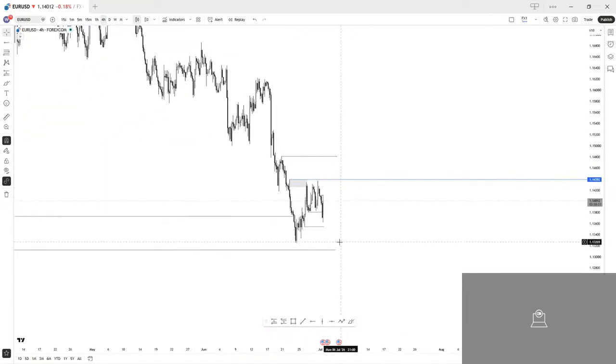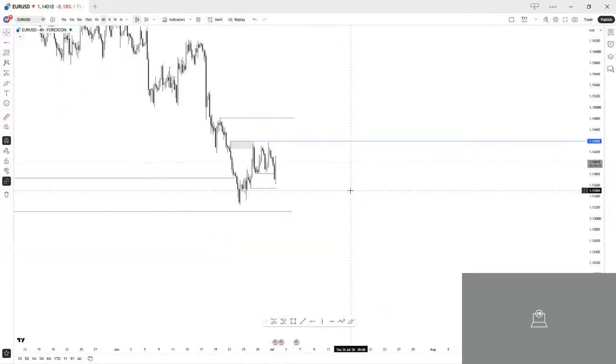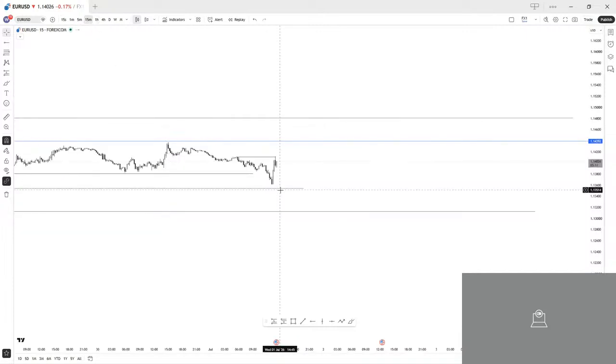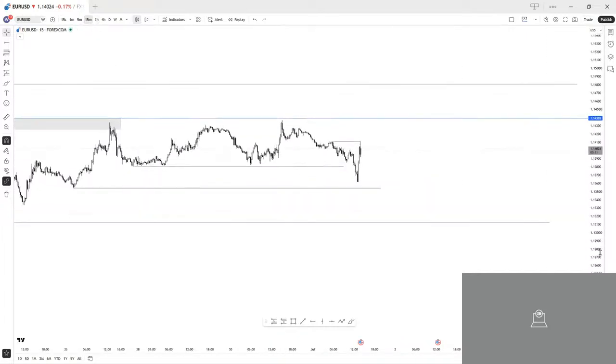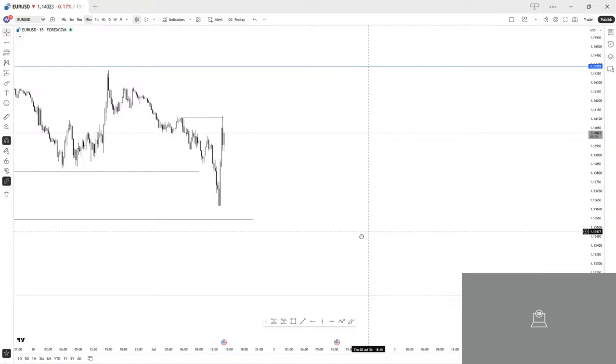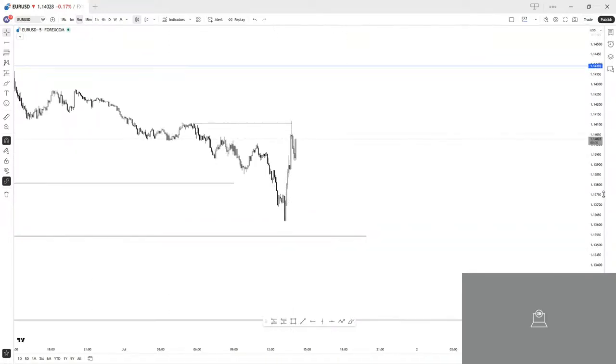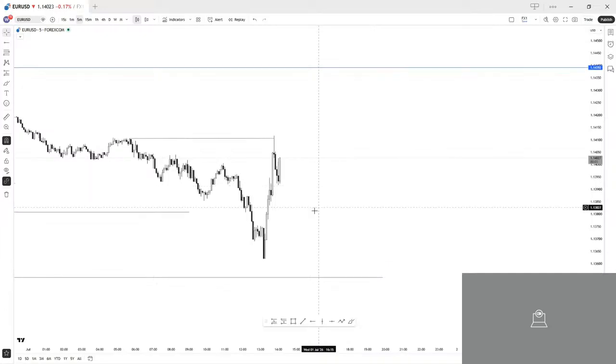So, EURUSD at this moment, I think you should be looking for longs, but price action is not the best. It's not the best, I'm not going to lie. If we get something more reasonable at this point,